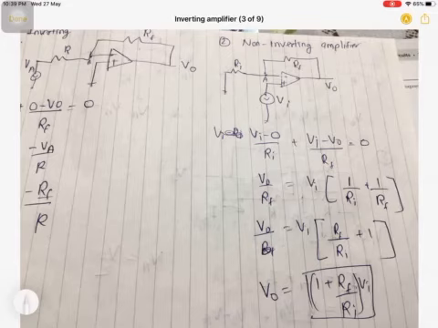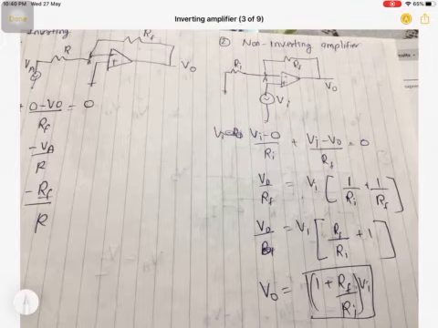The reason is, in an inverting amplifier, the input and output are directly proportional through the resistance, so I can easily manipulate the resistance to get the desired voltage. However, in the non-inverting amplifier, the relation is not directly proportional. It is in the form of y equal to mx plus c, so we have one constant term added with the proportionality constant. That's why it is not preferable.